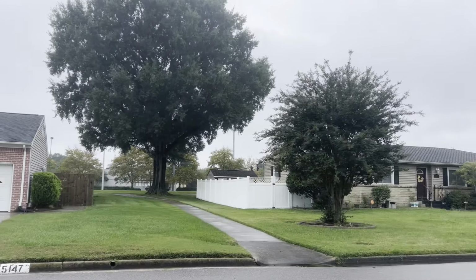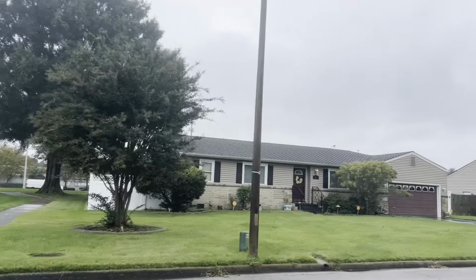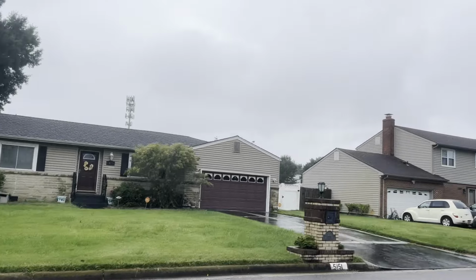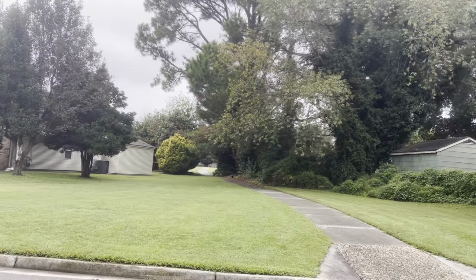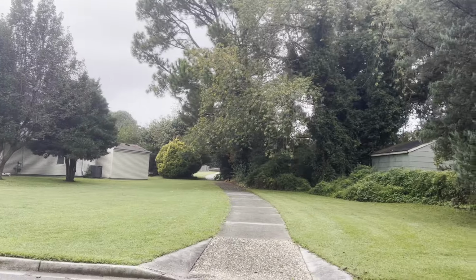Every once in a while, you'll find even these cul-de-sacs that don't back up to a house, you'll find the lots might be even bigger. Those backyards are pretty big, so you can find some good space in some of these houses. Cheap space, love that. What I like though about some of these floor plans is that they are very functional,